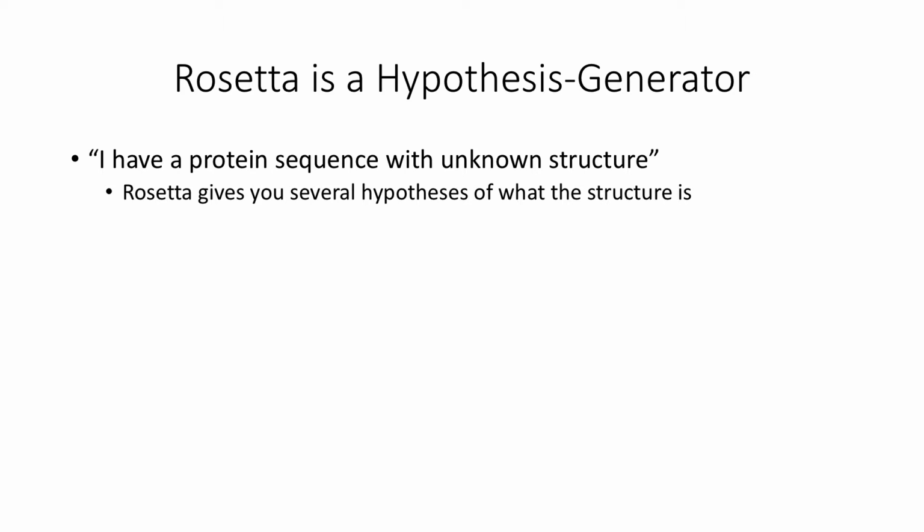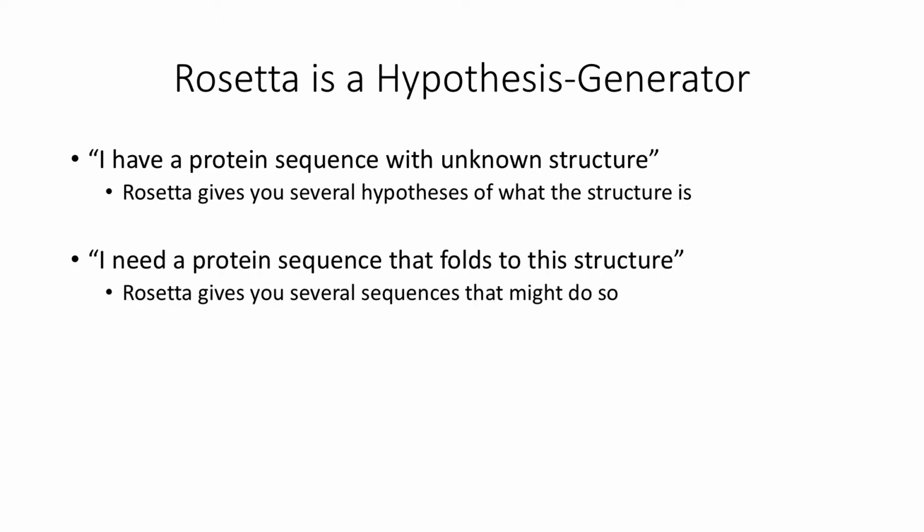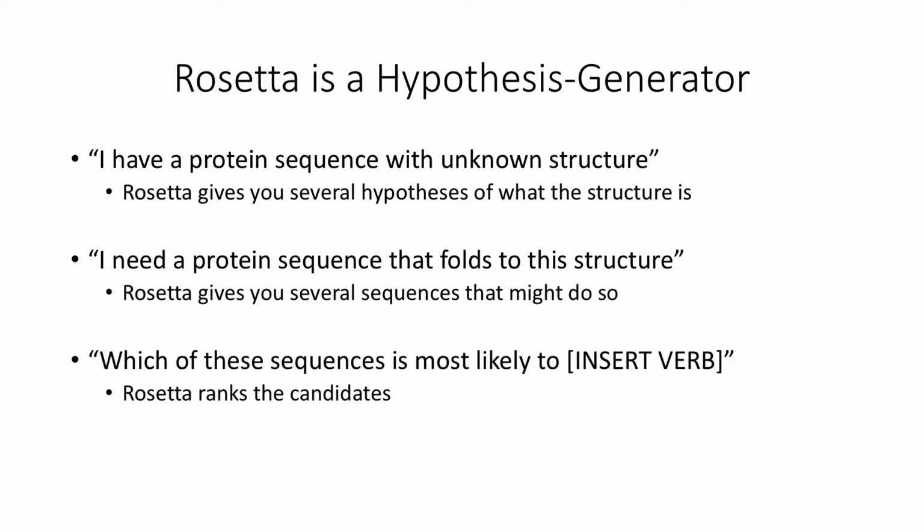So you can give Rosetta a sequence, and then it will give you some hypothesis of what structure that sequence folds to. Or the opposite: if you would like to create a protein, and you can choose what sequence creates it, and you have some fold that you want the sequence to fold to, some structure, you can ask Rosetta to give you some hypothesis of what sequence will fold to this shape. You can do more advanced things, such as,